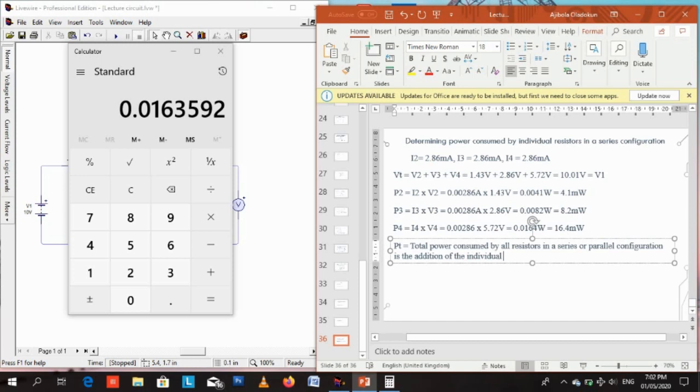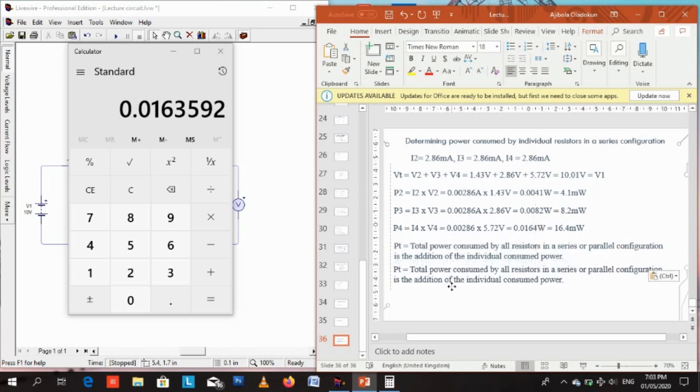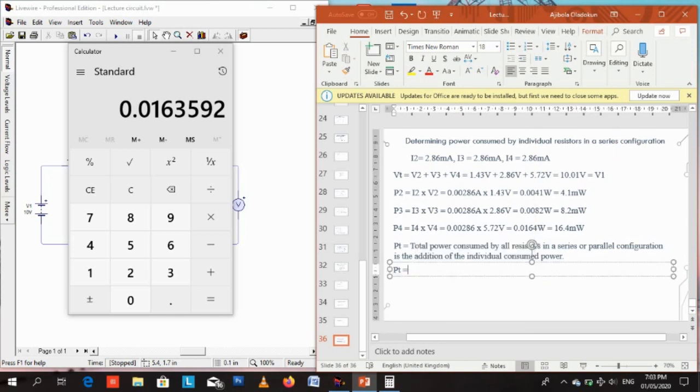Unlike when we had series and parallel, where to determine the total resistance in series you add it together, and if it's in parallel it's 1 over RT, for determining total power there's no discrimination whether it is series or parallel. You add all the individual powers together to get your total power. So total power will be P2 plus P3 plus P4,